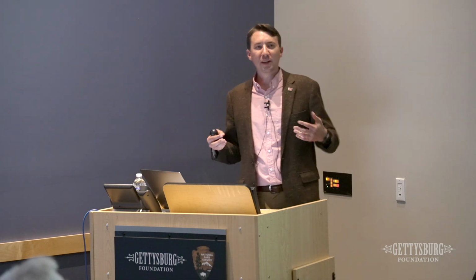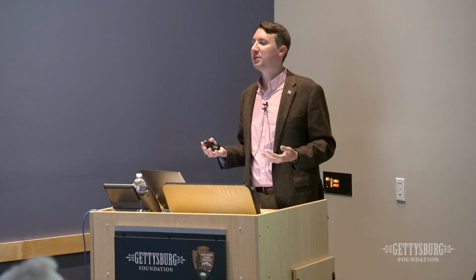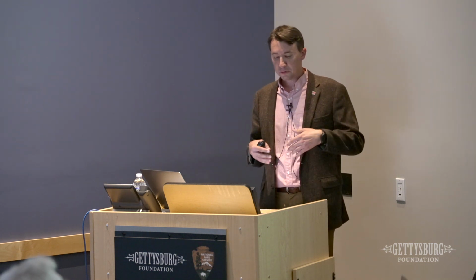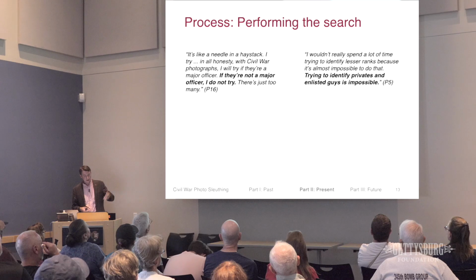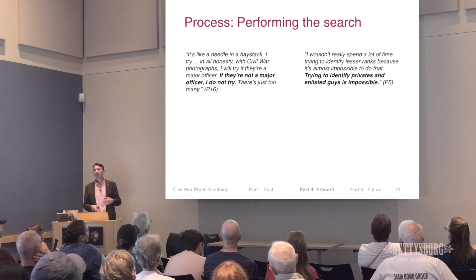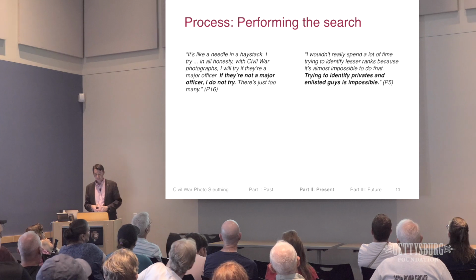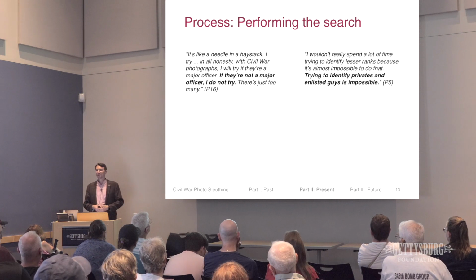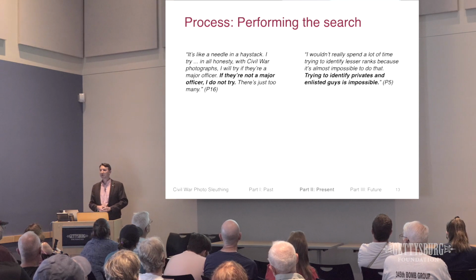So once you go through this process of identifying the clues, you have some sense of who this soldier is, you start looking for reference imagery. And this is where things can get really slow and really tedious. In fact, photo sleuths that do this a lot, they kind of have their own rules sometimes for what they'll even bother doing. These couple here say, if it's not a major officer, high-ranking officer, I'm not even going to try. The odds of finding the reference image are just too long. And in particular, trying to identify privates is almost impossible, which is really unfortunate, right? Because most Civil War soldiers were privates, and that's a lot of ancestors,